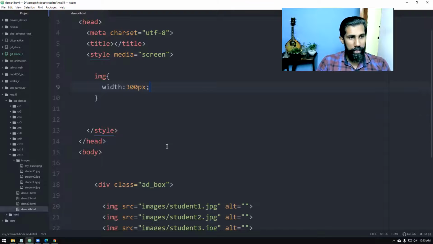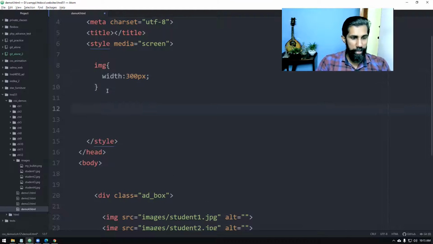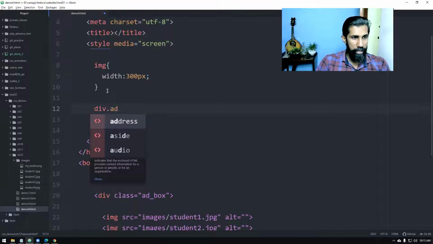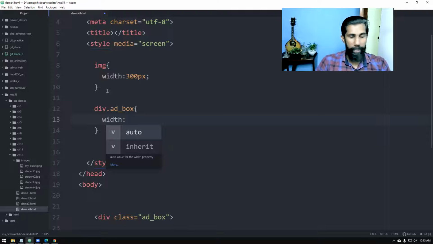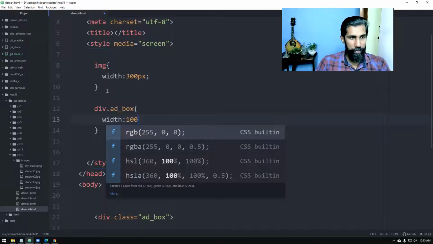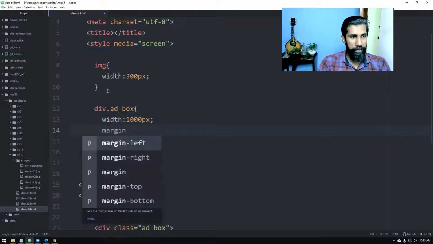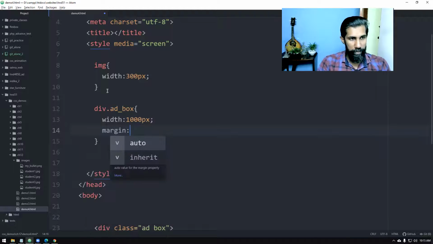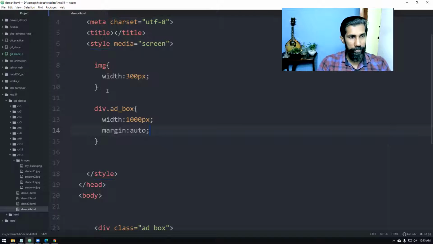Now, if you want all of the images to be centered, you can use div dot add box. You can give a width. Let's give something like 1000. Then say margin auto.